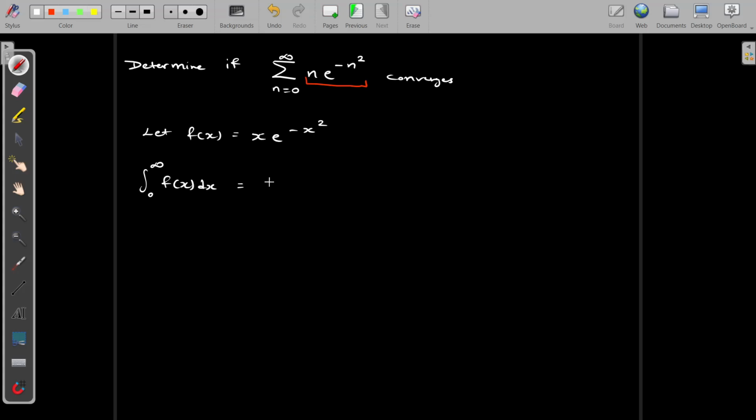that's equal to the integral from 0 to infinity of x e to the negative x squared dx. Alright, so integrating this,